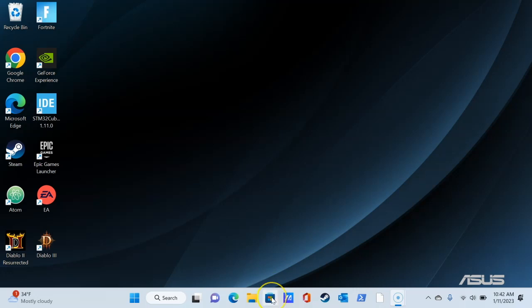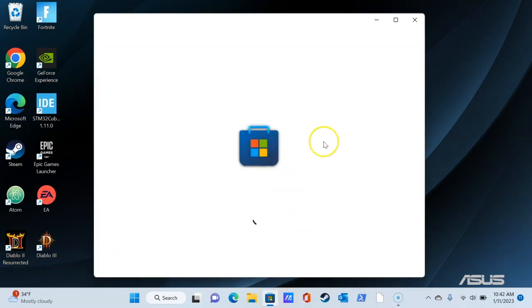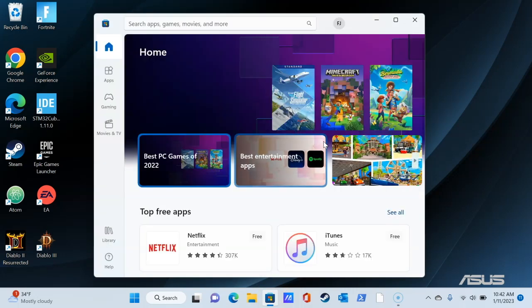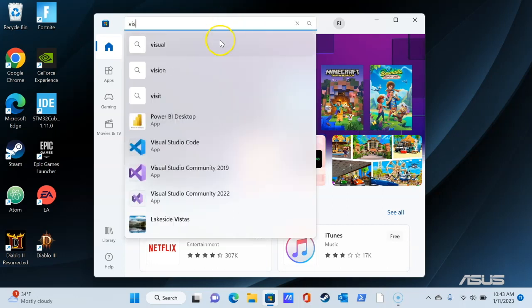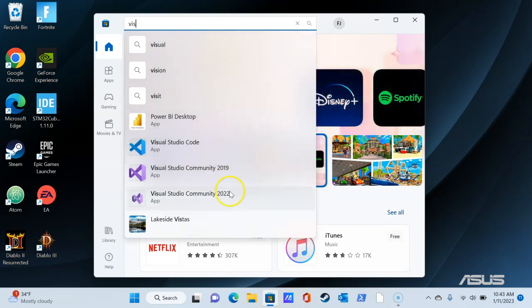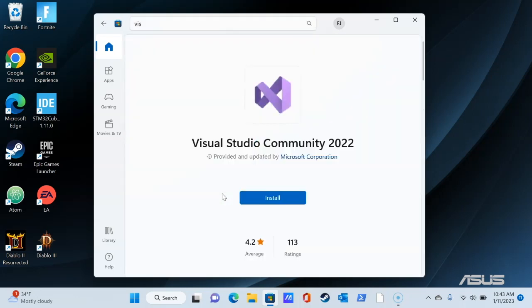So to begin with, I'm going to go to the Microsoft Store. I think this is the easiest way to get Visual Studio, though you can Google it, go to their website and download it from there as well. So I'll just start typing Visual Studio here, and you'll notice that both Visual Studio Community 2019 and 2022 pop up as options. I'm going to install the 2022 version, and I'll click Install here, and now we're being asked